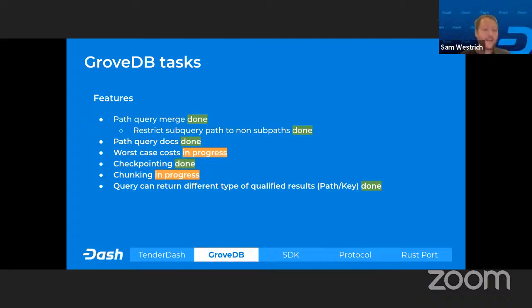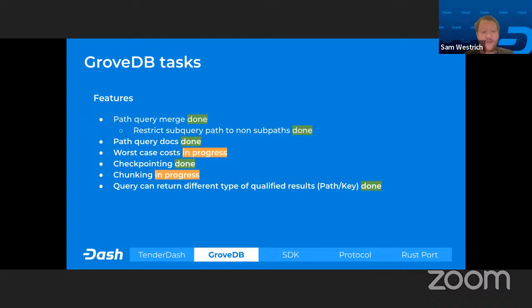Hello, guys. So I'd like to say a few things very quickly about checkpointing and chunking. First thing is that we had estimated checkpointing to take, let's say, 2-3 weeks, and Evgeny finished it in a day. So he needs a round of applause for that one. Congrats. It was really quite impressive what he did. He found a way to do it that we just hadn't thought about, but was very efficient.